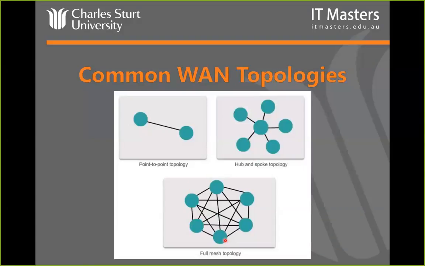In a full mesh topology, which is something that MPLS basically uses, and there are other technologies that have used it in the past, but certainly MPLS is the easiest one to implement it with in many ways, we have all our different sites, and every site connects to every other site, which is absolutely fantastic from a redundancy point of view. Because if any one link goes down, or even sometimes two links, or if all links bar one go down at a particular site, it still has a way to get to every other site.